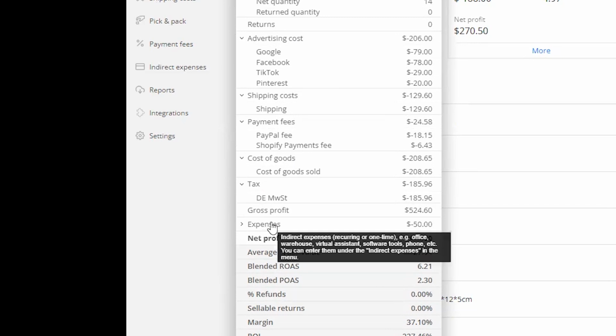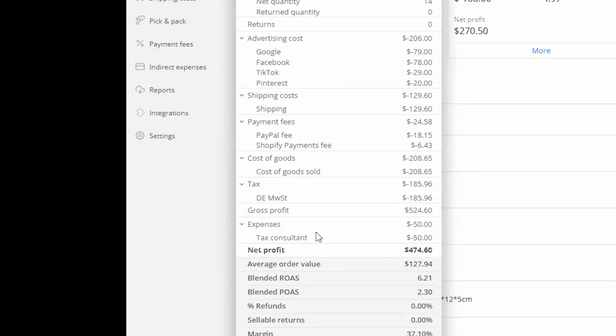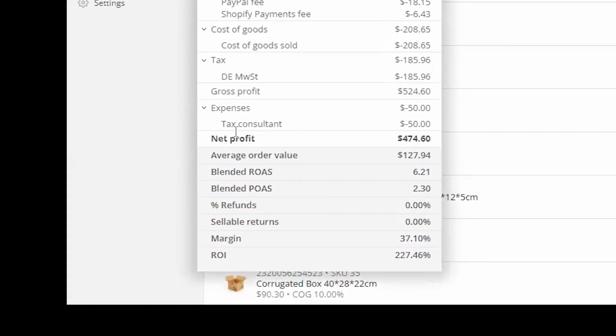And at the end, you will have the option to also take into account the overhead expenses that you might have in your business that are not necessarily related to any costs directly on Shopify, right? So this might include services like accountant services, photography that you're doing for your products, maybe, I don't know, virtual assistants or other stuff that you're paying for. So we have a separate dashboard for that. I'm going to show it to you in a minute. Then you will be left with your net profit